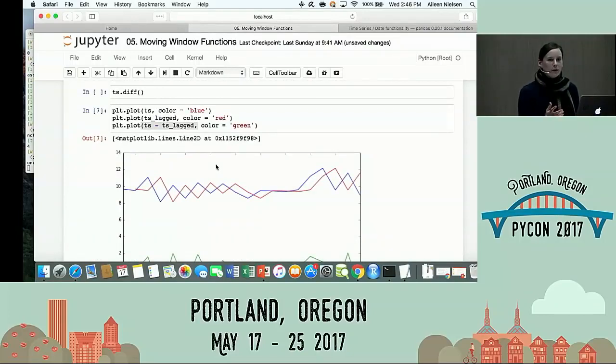What if I don't want to do one period? This assumes I just want to shift by one period, but there are legit reasons to do more than one period. Let's say I have yearly data, and I want to look at year-over-year trends. I'm not going to shift by one, right? Or if I have monthly data and I want year-over-year trends, shifting by one will just give me month-over-month trends. How would I do year-over-year?